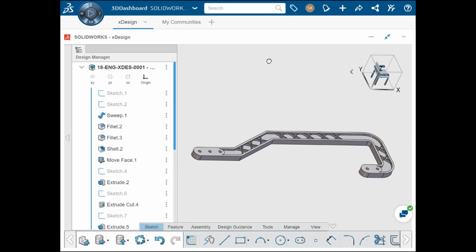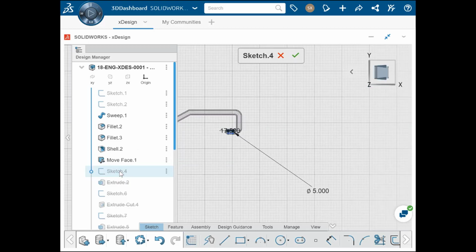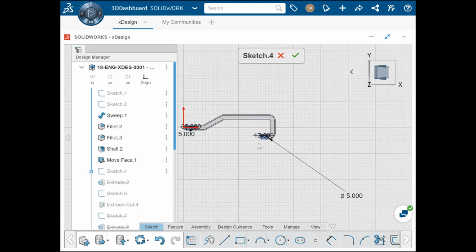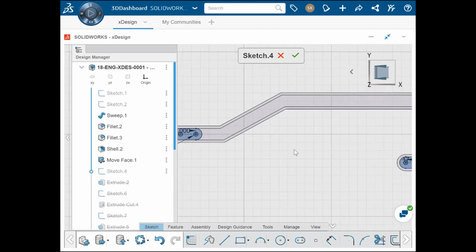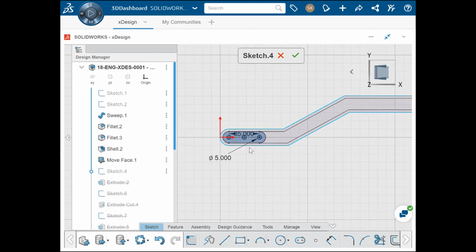One way to simplify the design process is to use the same sketch for multiple features. For instance, I created the mounting holes at each end of the hook bracket by creating two extrude features from one sketch. If I edit this sketch by double-clicking on it, you can see the profiles for the mounting holes on both ends. If I exit the sketch,